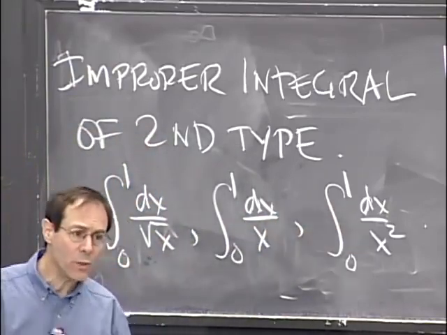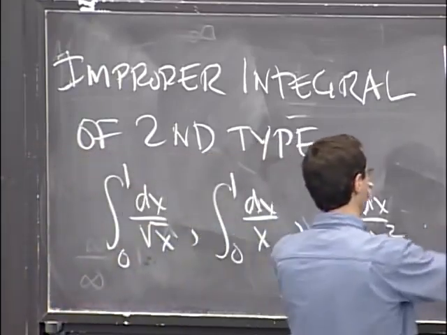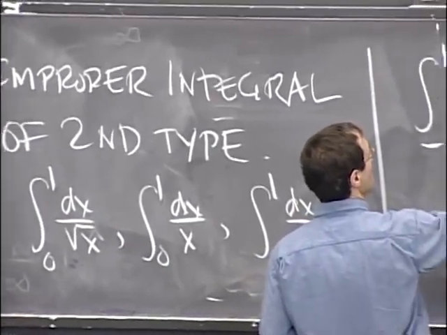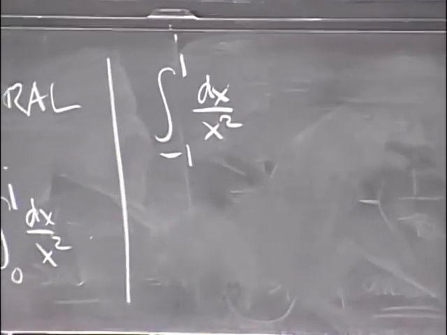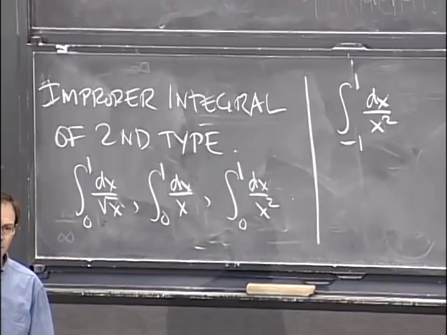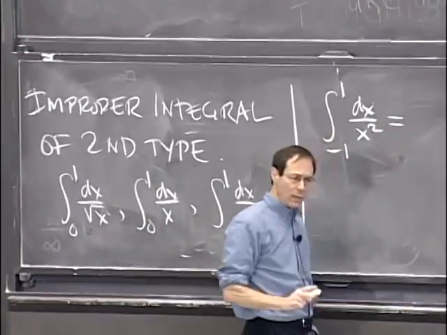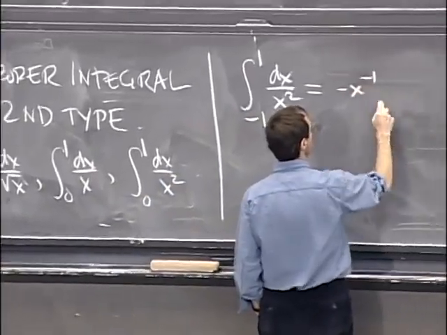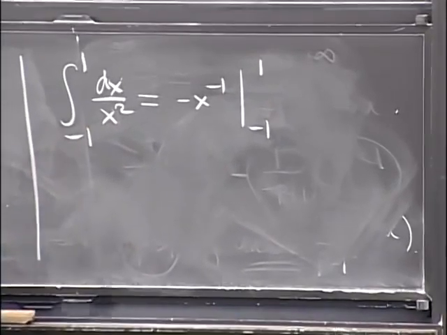However, I want to warn you that you can fool yourself, and so let me give you a slightly different example. Let's consider this integral here. All right, the integral from -1 to 1 of dx over x squared. If you carry out this integral without thinking, you'll get the antiderivative, which is minus x to the minus 1, evaluated at -1 and 1. And you plug it in,